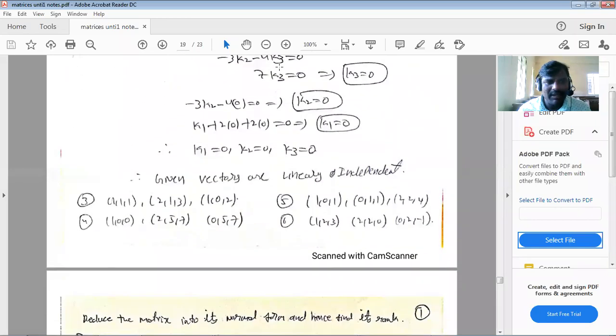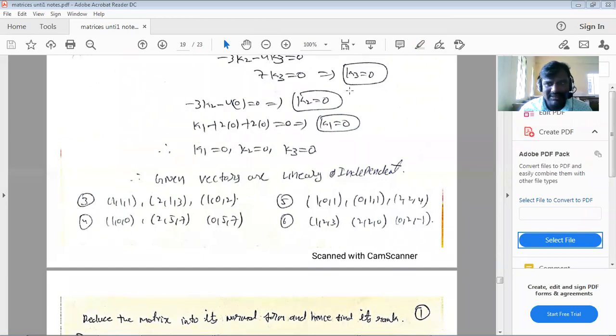All of you copy the third problem: 111, 213, 102. Okay, good. Linear independent. You are using the rank method? Yes, good. For 1 mark or 2 marks questions, we can say it roughly, but if it is dependent, go through our general method here. That is the general process to find linearly dependent and independent vectors.